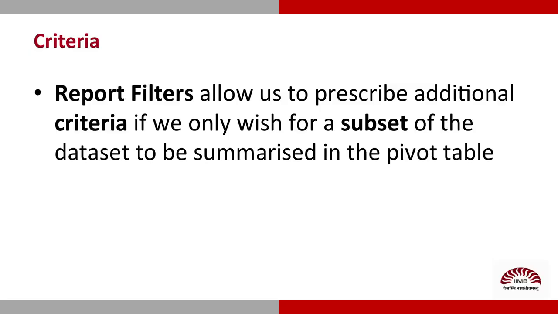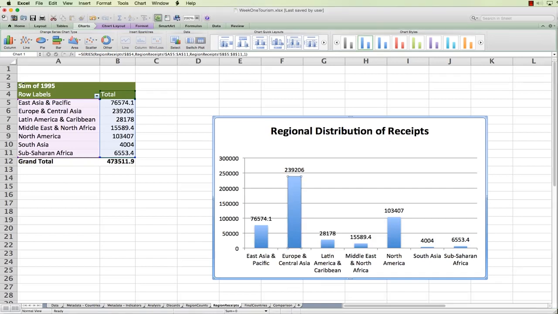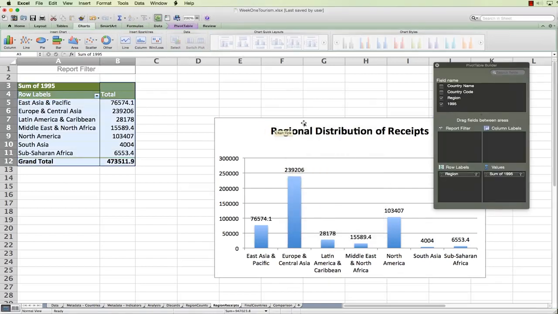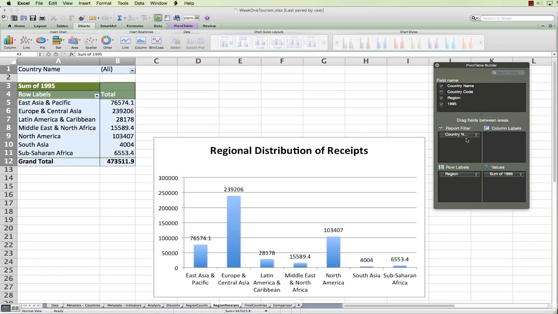Speaking of giants, what would happen if we were to study all of our countries minus the US? I can easily do this with a report filter. When I click on the pivot table, I do get the pivot table builder. I will go ahead and drag the country name into the report filter over here.